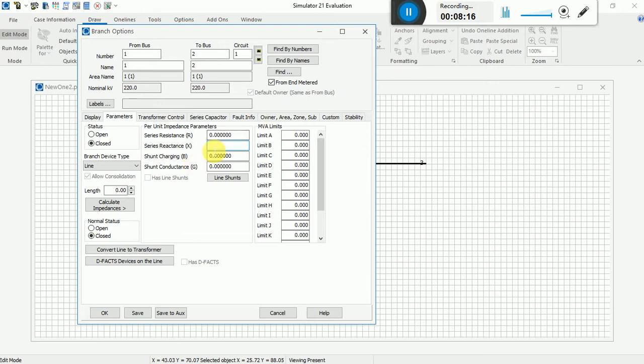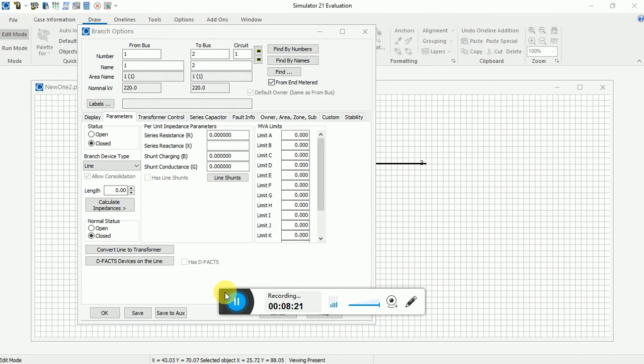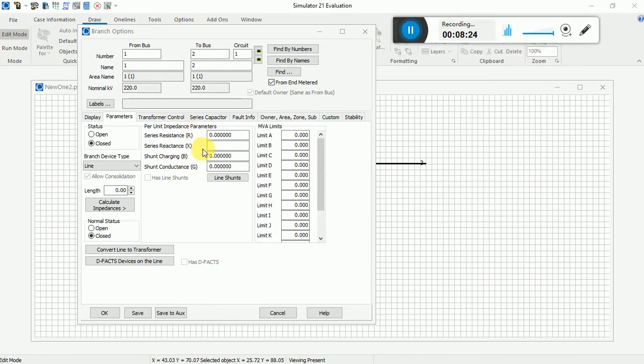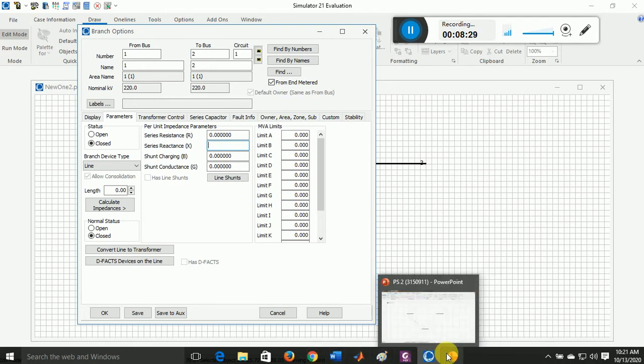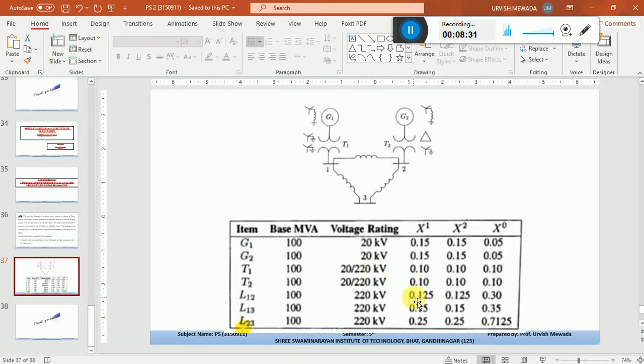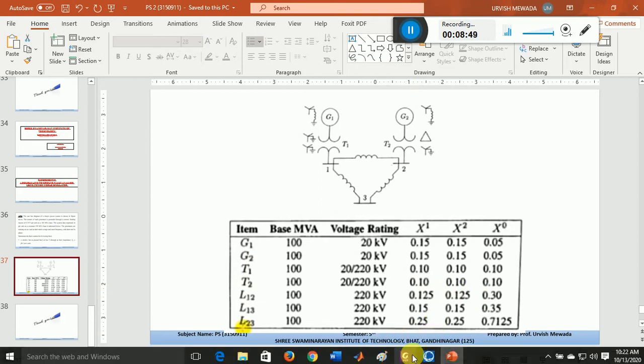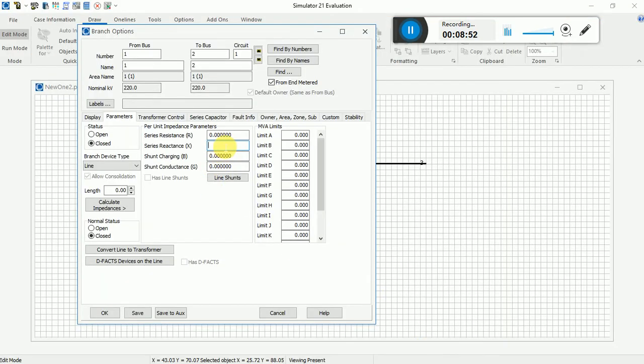So the series reactance that we are putting over here, the per unit reactance that we have, you can see in this diagram. So between line 1 and 2 we are having the per unit reactance, that is 0.30, 0.125 and 0.125 over here. So we are just feeding the reactances over here. So let us start putting the reactances over here. So 0.125